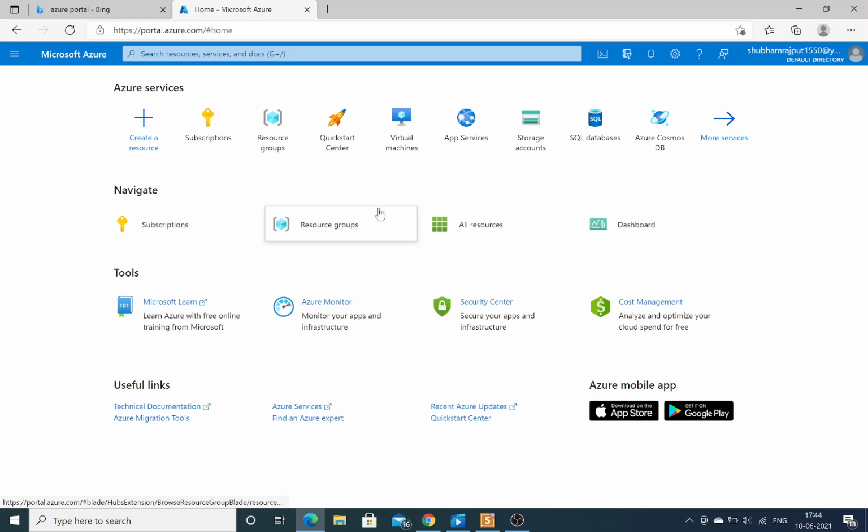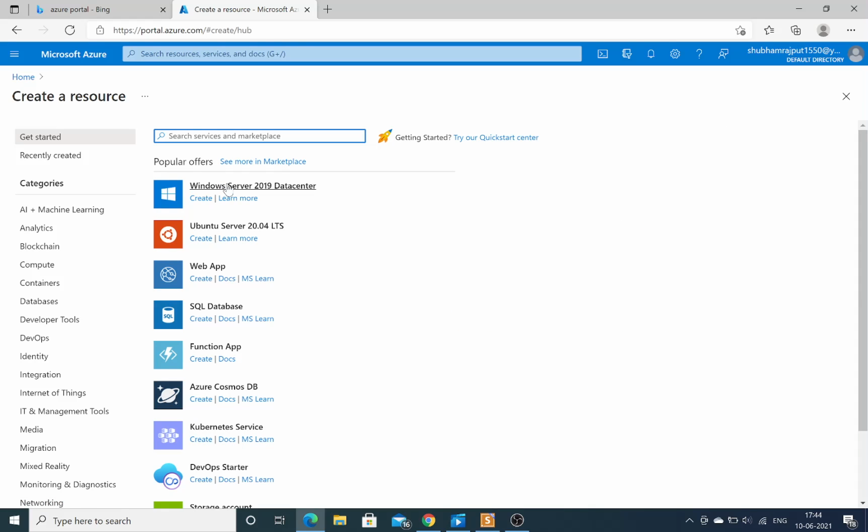But for the resources, I can create them over here. I can create any Windows machine or Linux machine, or any other resource, easily from here. Right now I don't have access to check the details of the subscription, but I can create a machine from here.